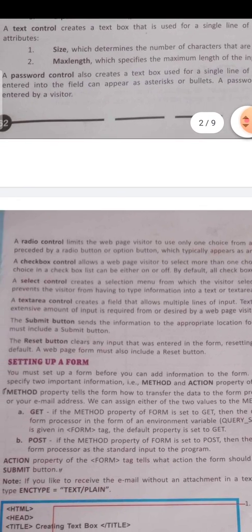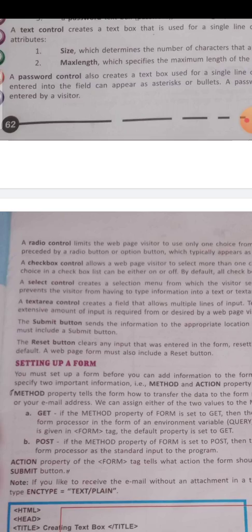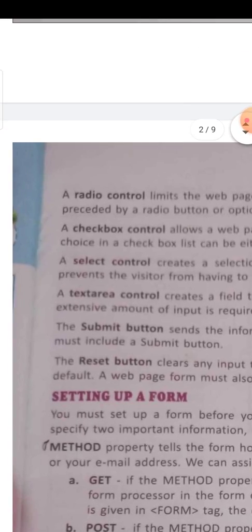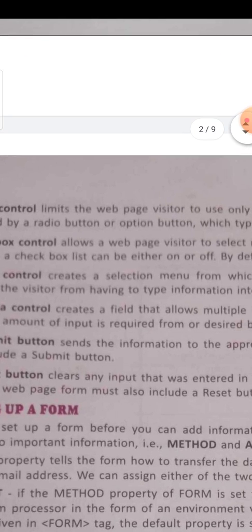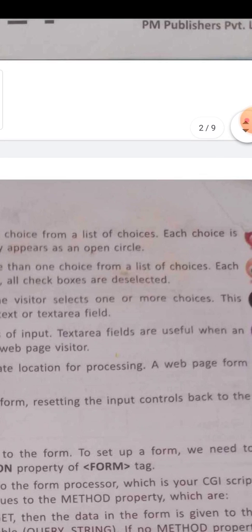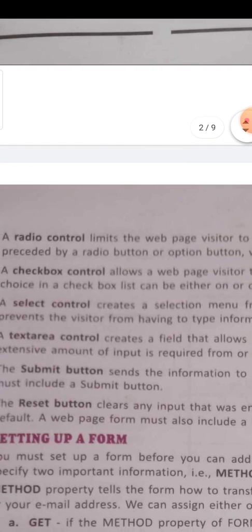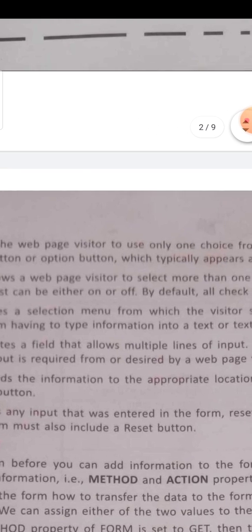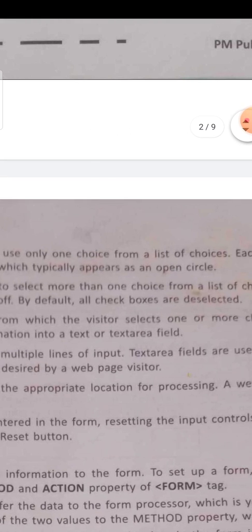Next is the radio button. A radio button limits the web page visitor to only one choice from a list of choices. Each choice is preceded by a radio button or option button, which typically appears as an open circle.